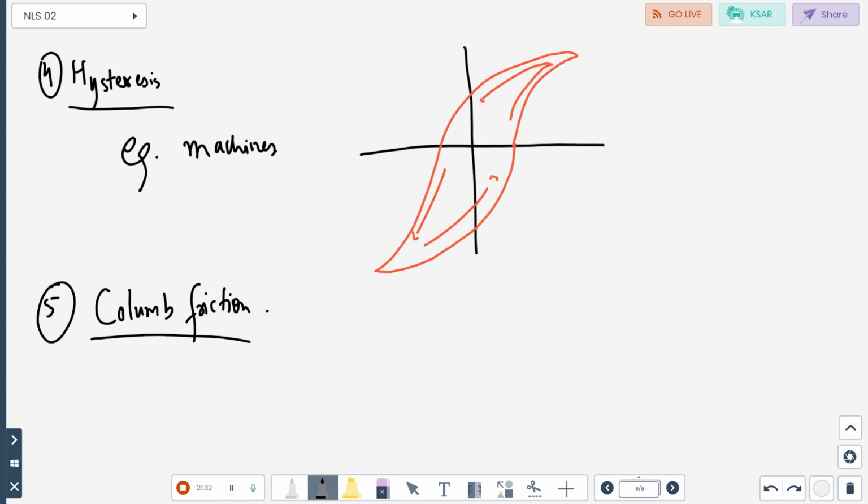For example, in a number of electromechanical devices like electrical machines, we saw the equation of motion tau equal to J d omega by dt plus B omega. That B there was the viscous friction coefficient, so that equation represents a linear behavior. But as far as Coulomb friction is concerned,